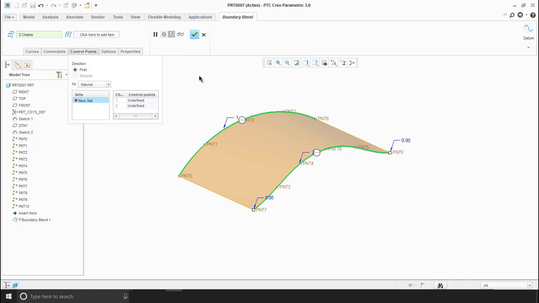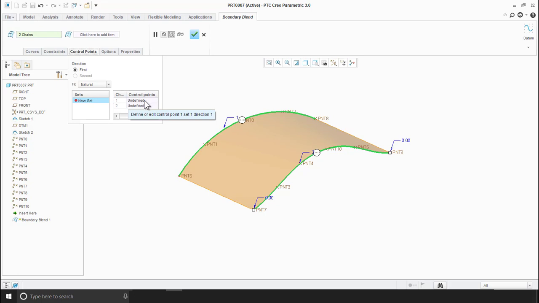Now first we have to know about control points. Control points are used to control the geometry flow between the curves. So for example, this point has to match with this point. The geometry flow will be between this point and this point. If we match this point to that point, the streamline will change. Now I am going to explain one by one. We can control the geometry flow by means of a set of control points which is available here. Now we can see the selected curves definition here.